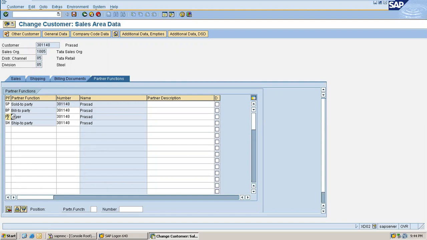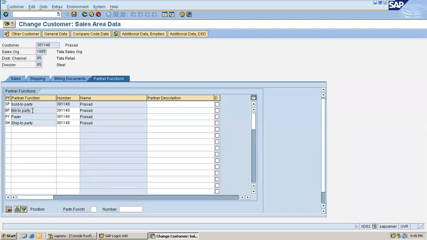If you take a standard sales cycle, you will have inquiry, quotation, order, delivery, billing, correct? If you want to create a sales order or inquiry or quotation, sold to party is mandatory. If you want to create a delivery, you have to have a ship to party, because the delivery challan is printed in the name of the ship to party, and delivery is to the ship to party, because ship to party means to whom we are shipping goods, right? Then bill to party is required to create billing documents, invoices. That is the last step.